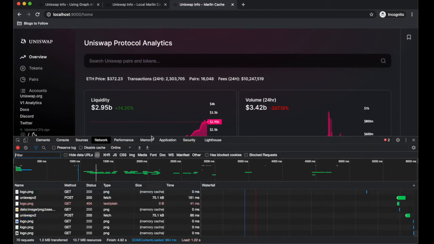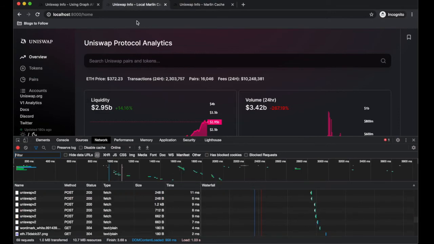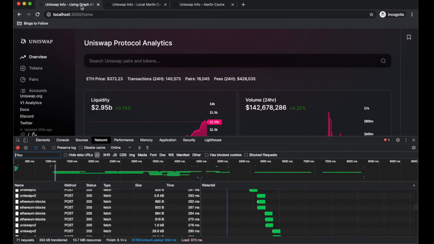And also the local Marlin cache takes around 2.8 seconds, which is probably our target, which we want to achieve, to make sure that the query latencies are as if the cache is located right at the server. This will only happen once the Marlin cache is distributed enough that it is close enough for most of the users. And if you look at Graph API servers, it takes around 8 seconds.